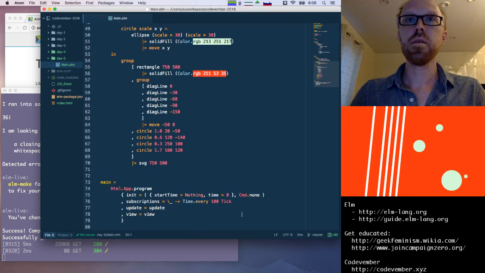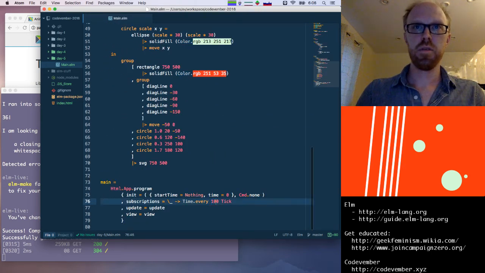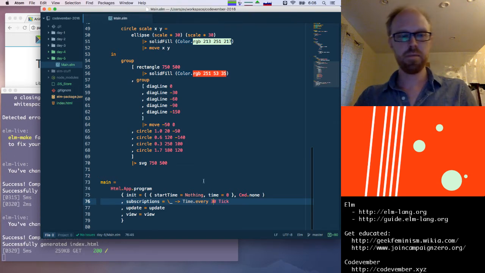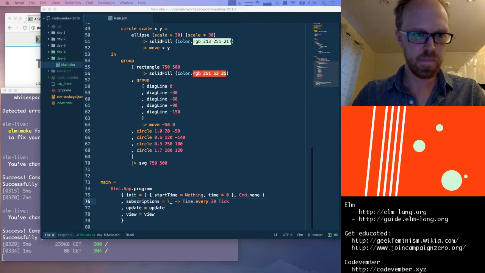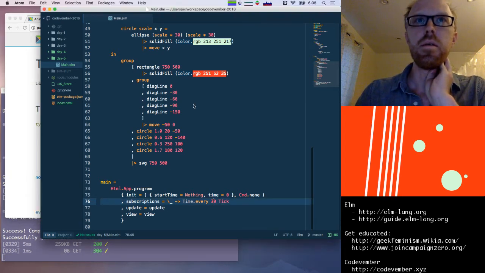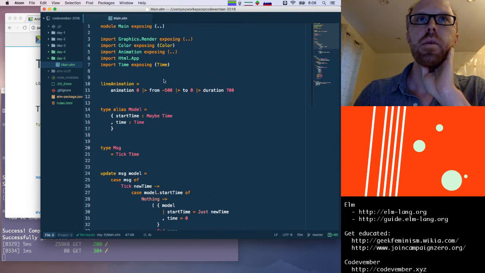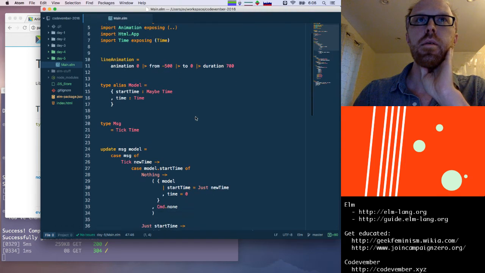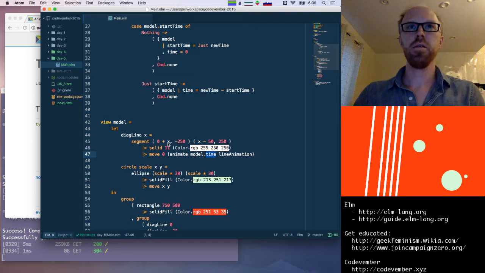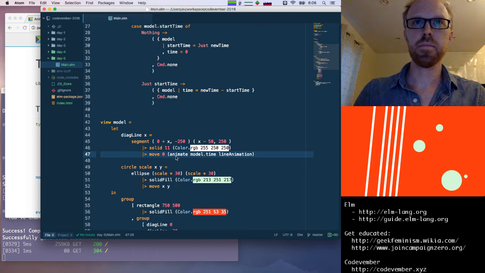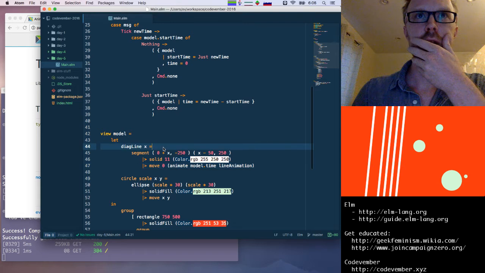So let's increase the speed of this. So let's run this maybe every 30 milliseconds. There we go. That's a bit smoother. Great. And I actually want this line animation, I want the X position to also animate. So that should be animating from